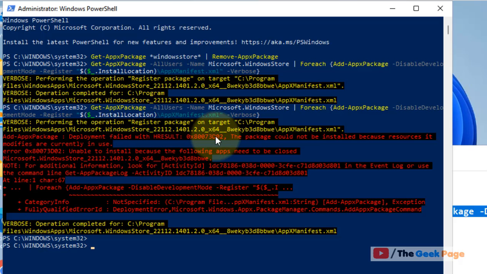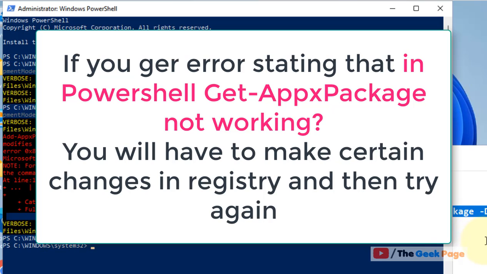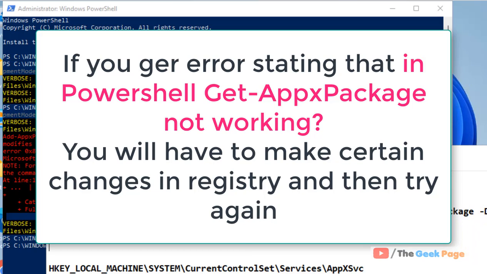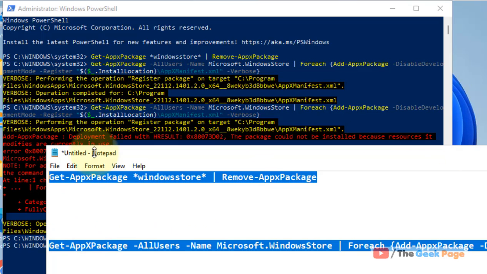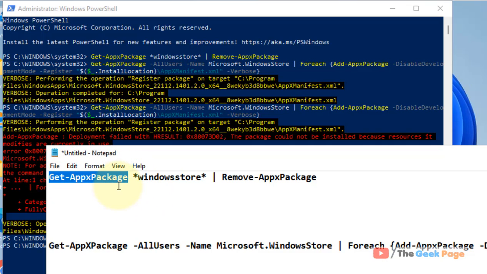Okay, now it may happen that you get an error message saying that Get-AppxPackage can't be run, or that Get-AppxPackage is not available or something like that. Then you may have to tweak a little bit of the registry editor, and after that run all these commands. So if you get a message that Get-AppxPackage is not available,